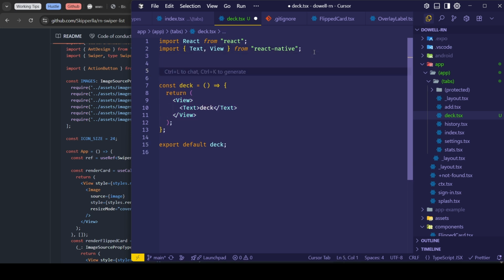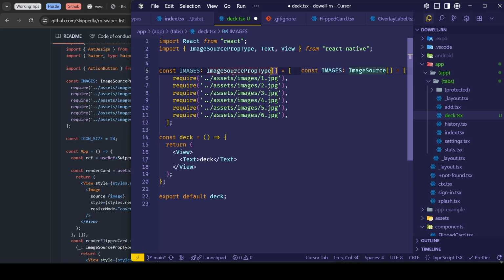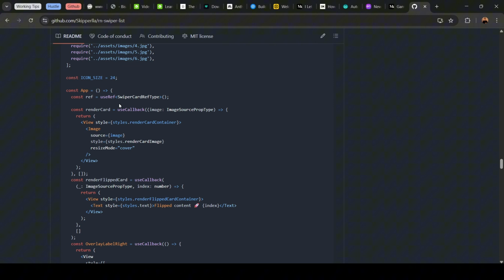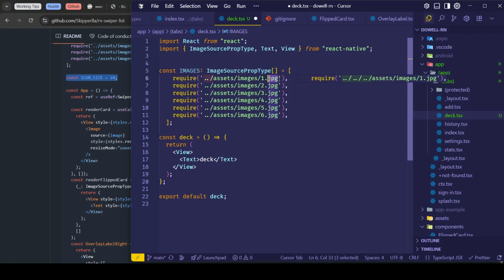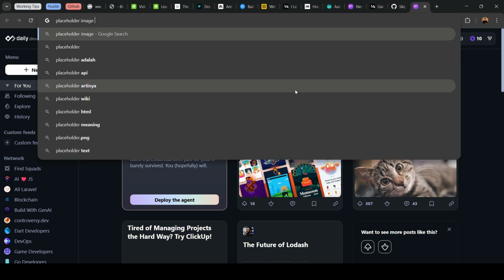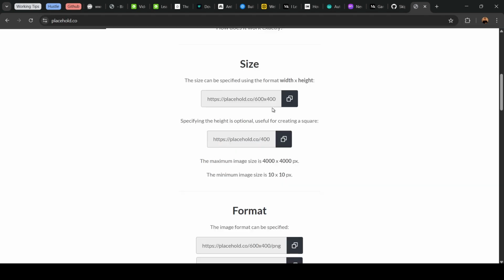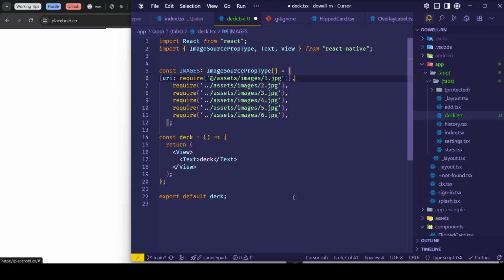This is in the outside component, and we just import for the type of image. Then the icon will be a placeholder URI, placeholder image API. I think I want to use this placeholder, copy it like that, then change it.